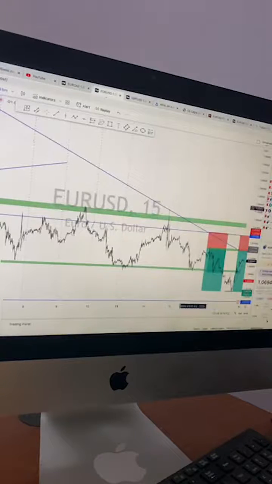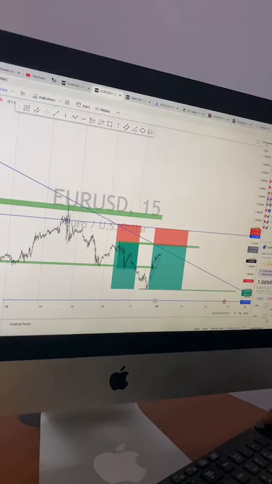Now, today we're going to be looking at a couple of things. We had some setups for Euro USD and